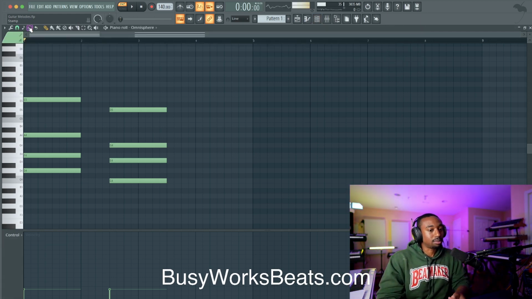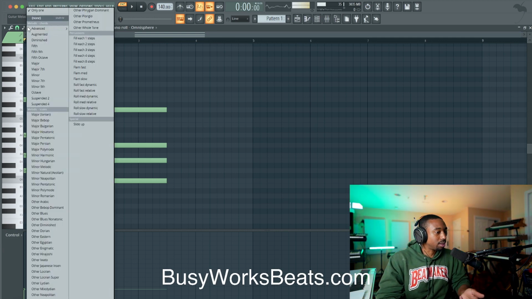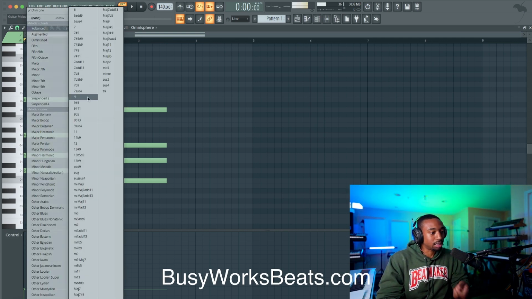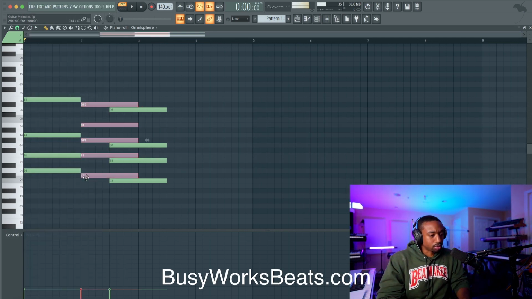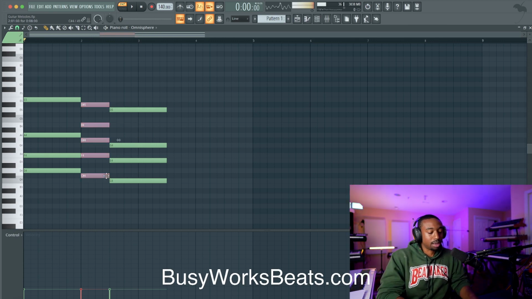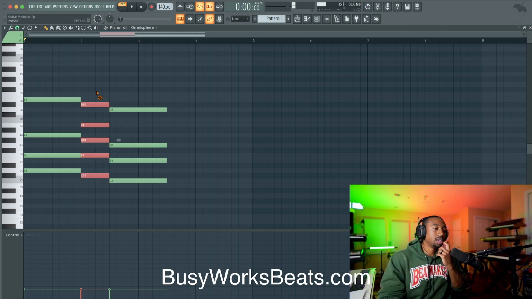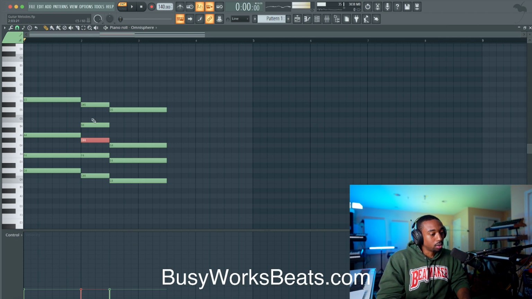Now let's make what's called a 2-5-1. I just want to show you how important it is to pick the right articulation. If I played the same thing in a simple nylon guitar plugin, it wouldn't give me the same vibe because it doesn't play like a real guitar. So now we're going to create what's called a dominant ninth. This is why making melodies is so important in learning chords. Chords are so important in making melodies because they create the foundation.